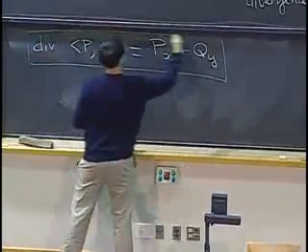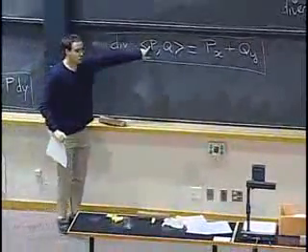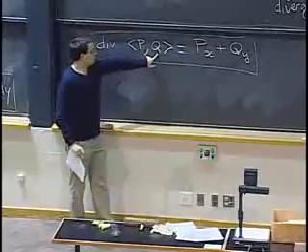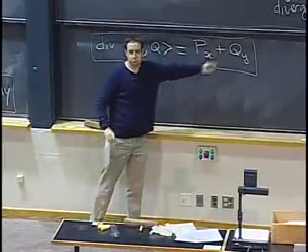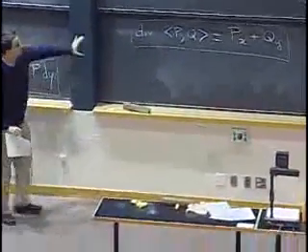So this one is actually easier to remember than curl, right? Because you just take the x component, take its partial with respect to x. Take the y component, take its partial with respect to y, and add them together. No signs, no switching things around. This one is pretty straightforward.